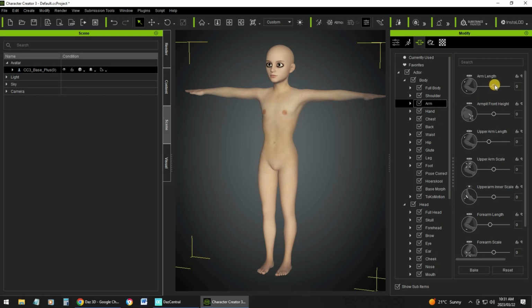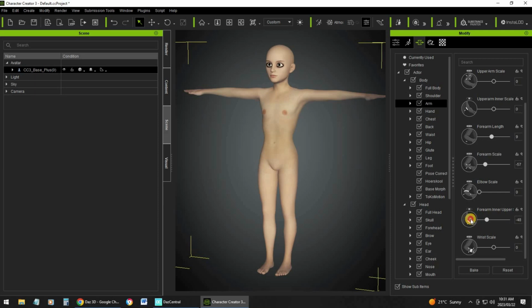There you go, arms, arm length. So I want this character to be very thin or skinny. I don't want that. So basically you get the idea. I can now just make adjustments to this character and make him skinny the way I want, and I can also, with his face,